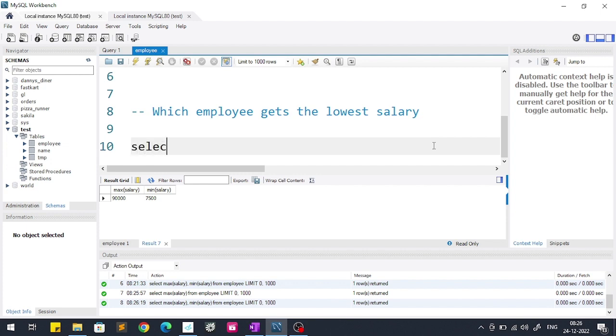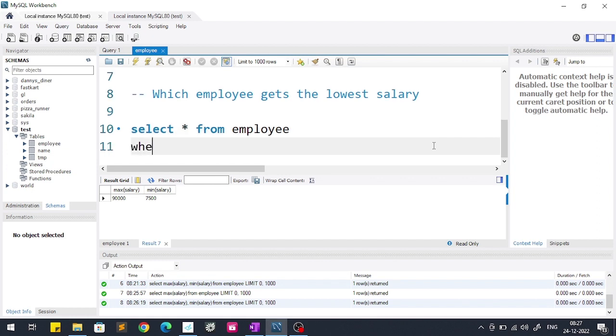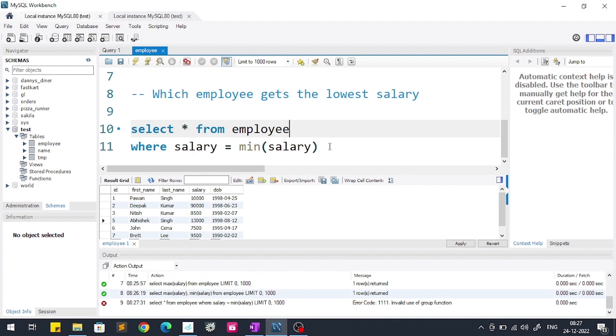That means we want to fetch all the information of that employee who gets the lowest salary. So for that, we will write select star. Star means all the information from employee, and then we will filter according to the salary, where salary is equal to, well, which employee gets the lowest salary. Okay, where salary is equal to min of salary. So what do you think, this will run or not? So let's try here. So if we run this query,